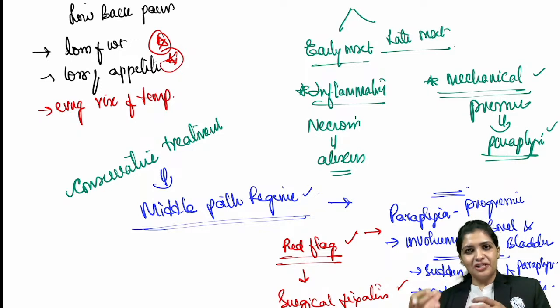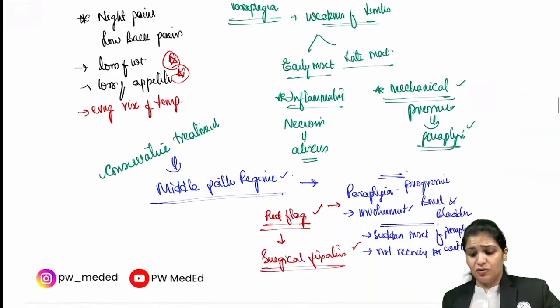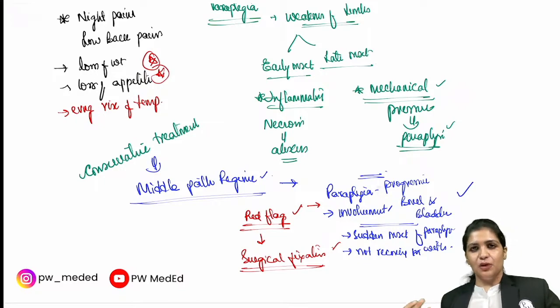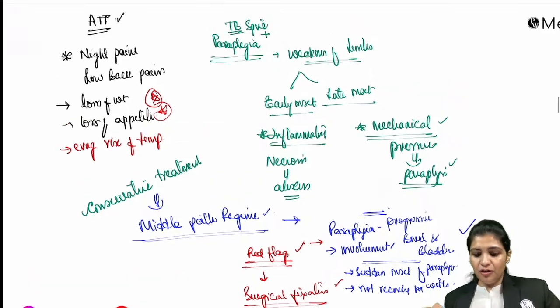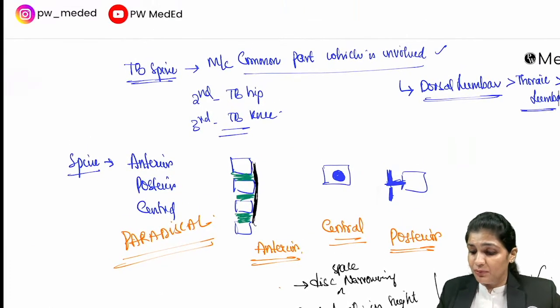So you do this costotransversectomy and you remove the abscess or the collection which is present there, you drain this collection, and hence you can treat the patient with the treatment called costotransversectomy. So that will relieve the patient's pain and the paraplegia will recover. So this is about your Pott spine,